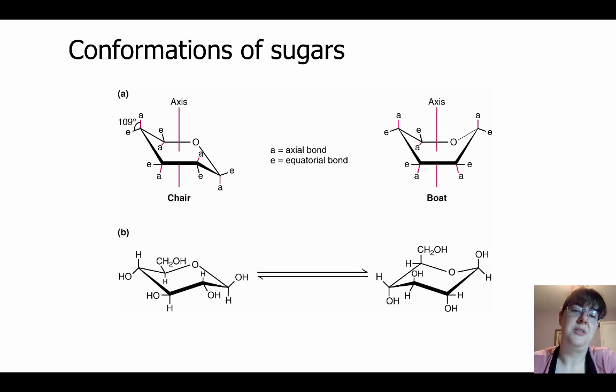conformation. The boat conformation is not typically favored. Usually we have the chair conformation. Your chair conformation is still going to have an equilibrium between which ones go up and which ones go down. And as you look here at the axial versus equatorial, what you'll notice is that equatorial should be